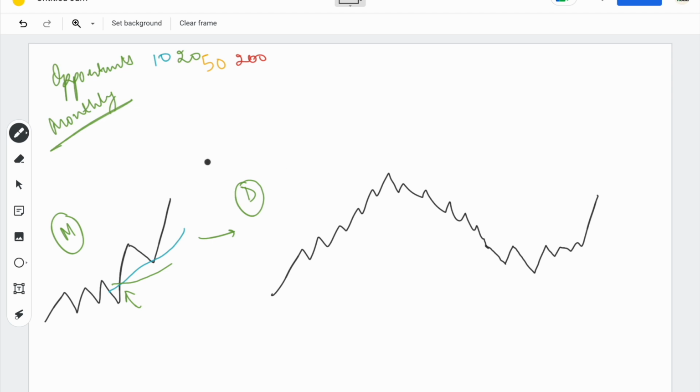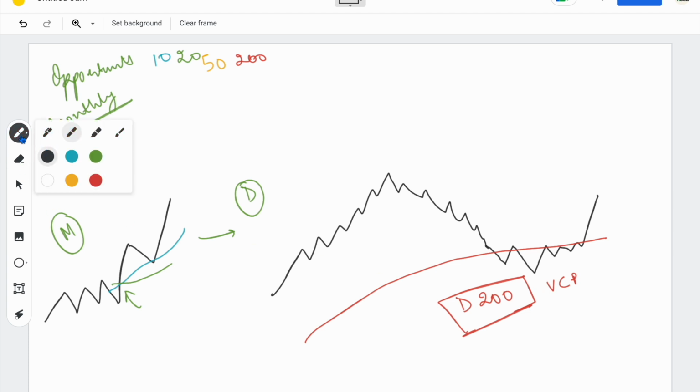Now tell me what exactly is happening. And this pattern will be made, which you see here, near to the daily 200-day moving average. Over here, you have to look for VCP or VCC. Well, if you are familiar with this channel, then you will not use VCP. You will say that you will look for a VCC happening